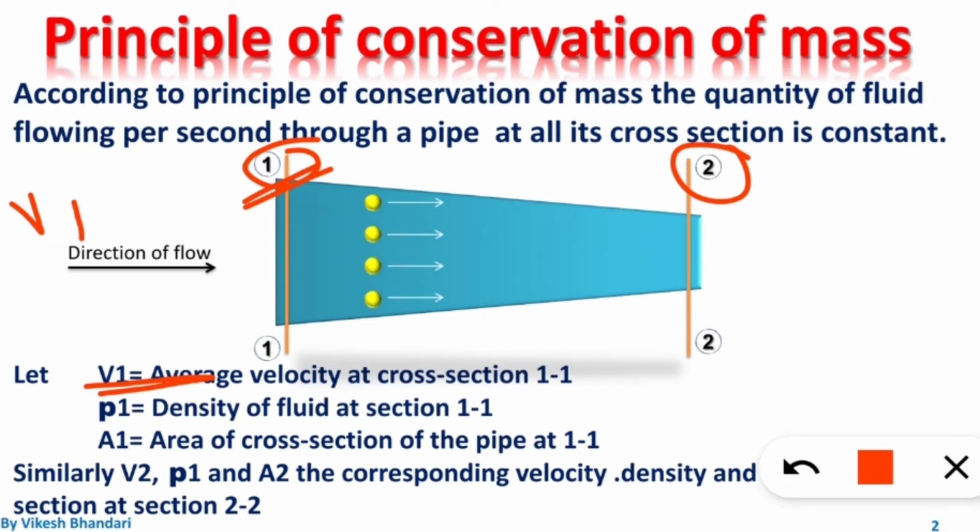Average velocity at a cross section 1 and Rho 1 be the density of the fluid at section 1 and A the area of the cross